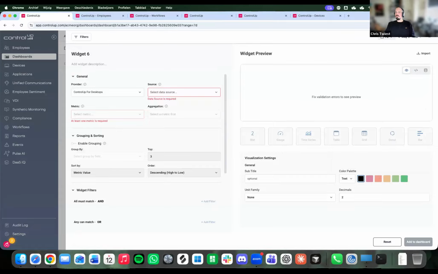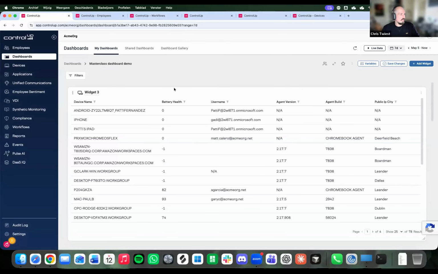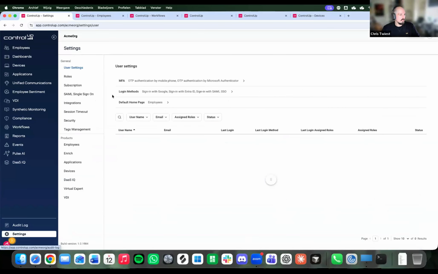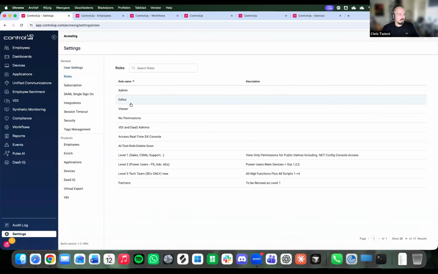So what version do you need to be able to see the ControlUp for VDI? I don't think it's version linked, except that it's not the on-prem version. When you have the on-prem version, we cannot link dashboards to it because dashboards lives in the SaaS world. But any current version of VDI, you should be able to see the VDI data provider. The only thing is you have to enable the rights. That is a thing that I can show you.